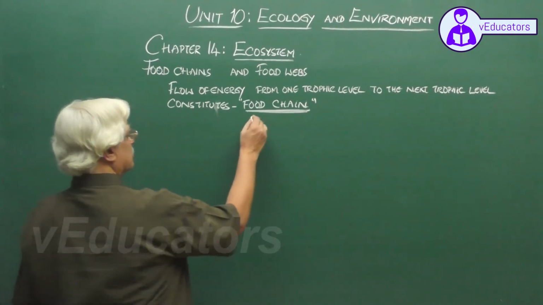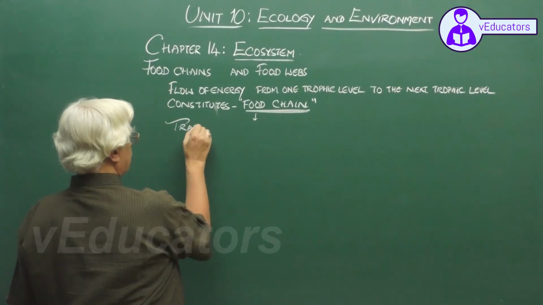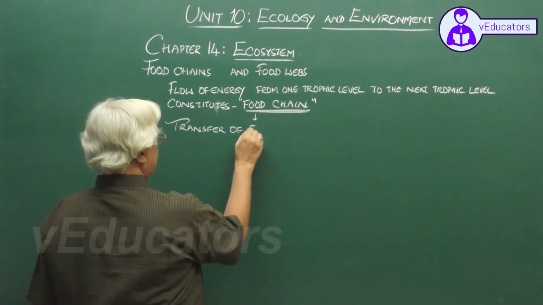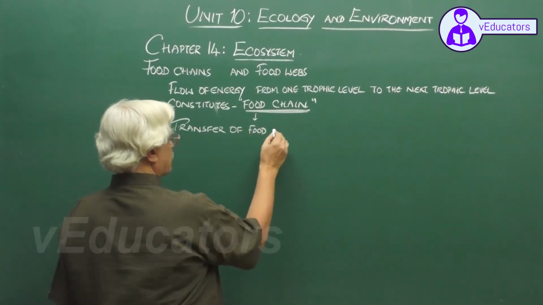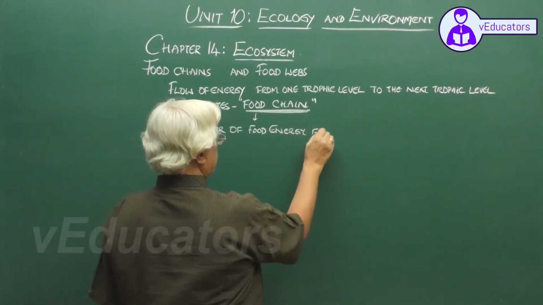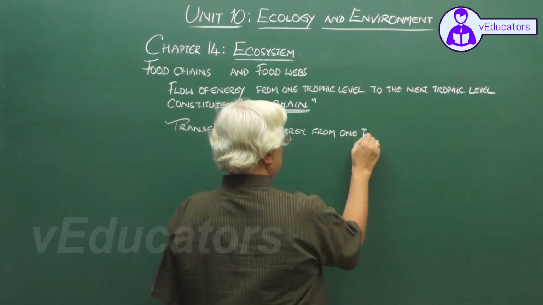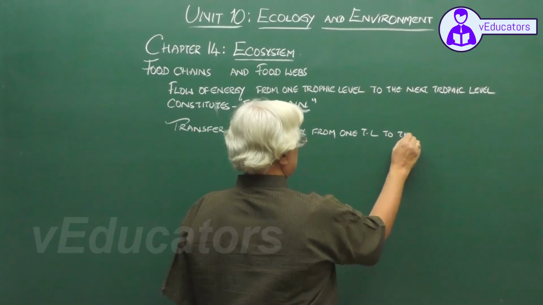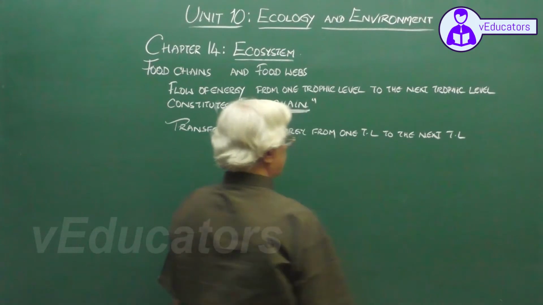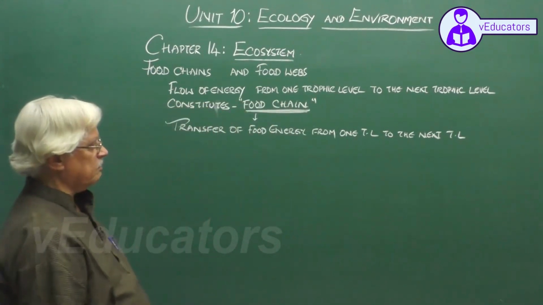So, a food chain can be defined as transfer of food energy from one trophic level to the next trophic level